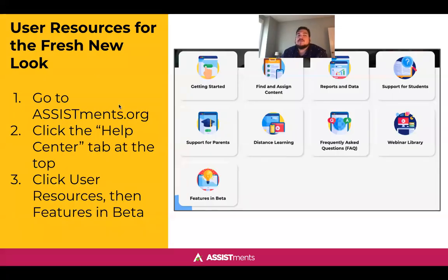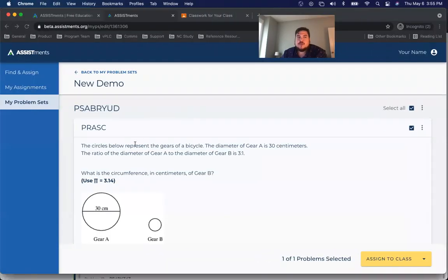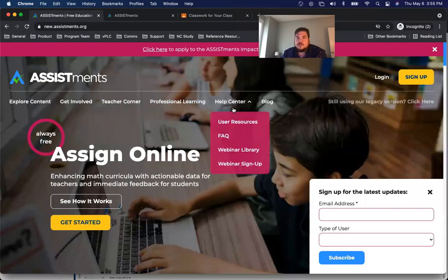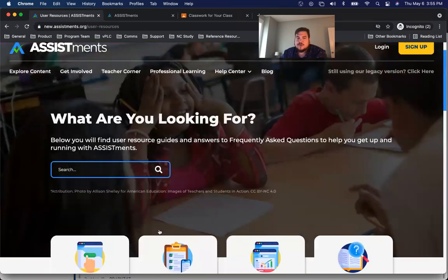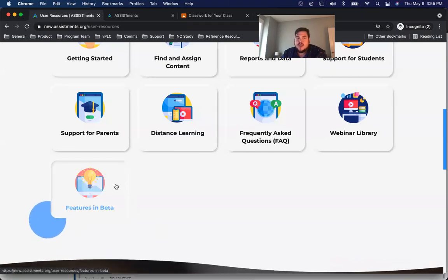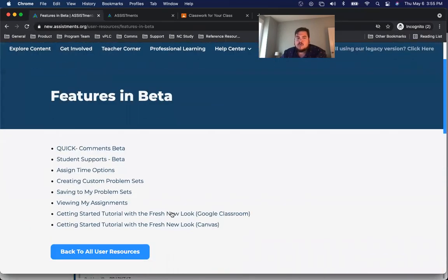So we have created some user resources for the fresh new look as well. And so I just want to highlight these and show you where they are. If I go to ASSISTments.org and go to the Help Center and click User Resources, you'll now see that there's an icon called Features in Beta. And when you click into this, we have all of the user